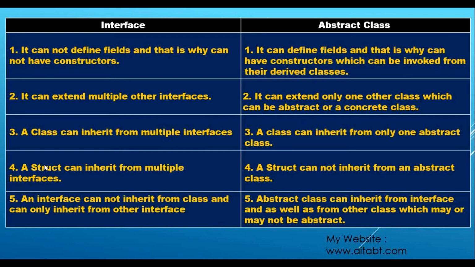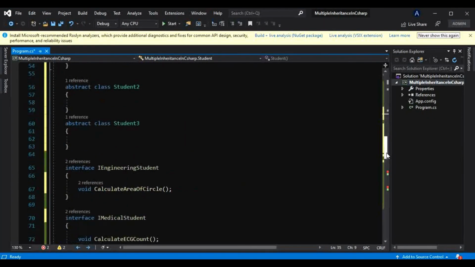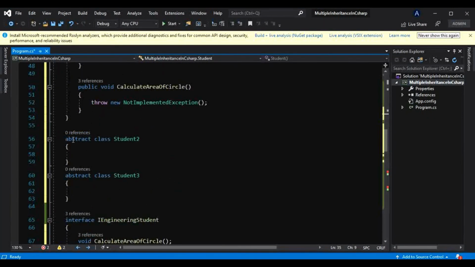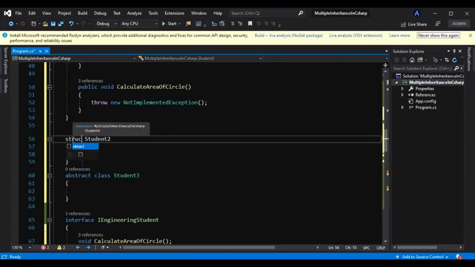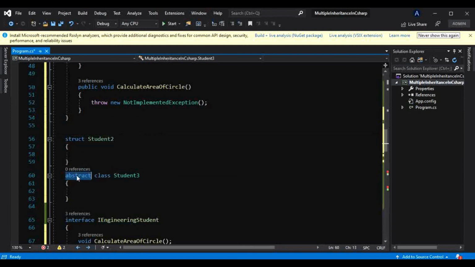And what is the fourth point? A struct can inherit from multiple interfaces. A struct cannot inherit from an abstract class. So let's just see that. We will consider this as a struct, that is Student2 and this Student3.